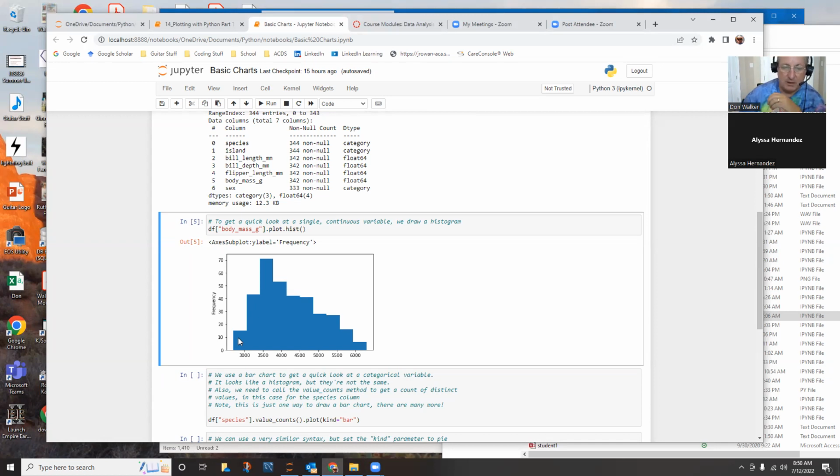So it's looking like it's slightly skewed with most values to the left, and then it tapers off, and you've got a few outliers that are really heavy, but it's looking like your median might be somewhere around 3,600, give or take. So you see the distribution of the data. It's relatively normal. It's not perfectly normal, but it's pretty good. It's just skewed on the lighter side of body weight. But that's it. One line of code gives you a histogram,